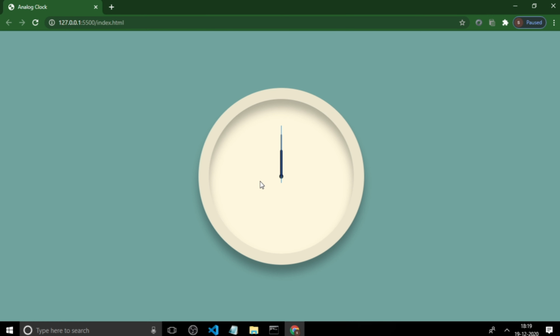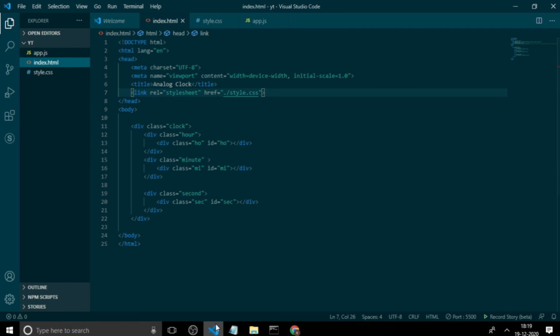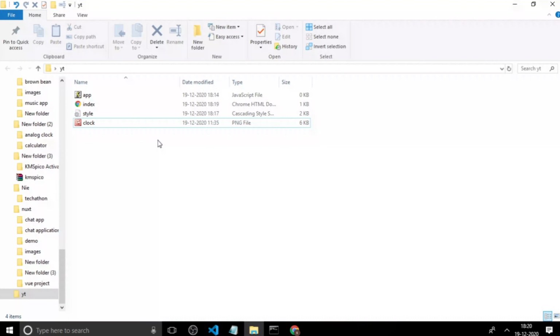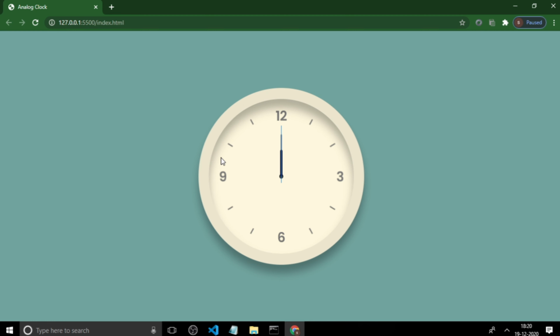Okay, here is the cool analog clock without any actions or any interaction. Now we have to add an image so that it shows what the hours are in this clock, I mean 12, 1, 2, 3, 5, etc. Let's add that. Yes, let's bring that image into this folder. Now I've brought this clock png into this. Let's see. We have this beautiful clock here.